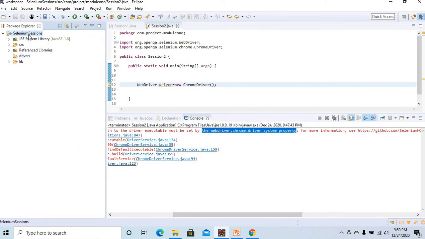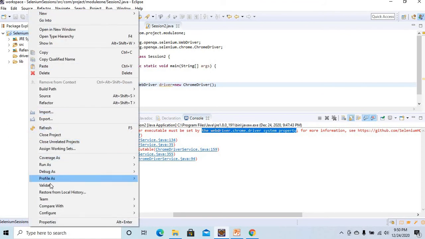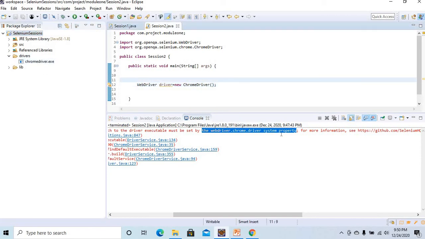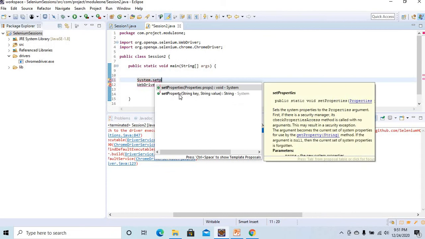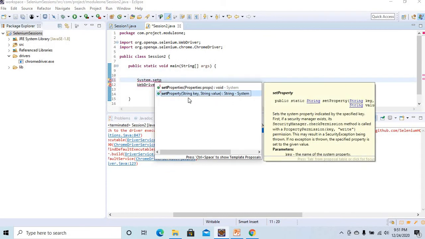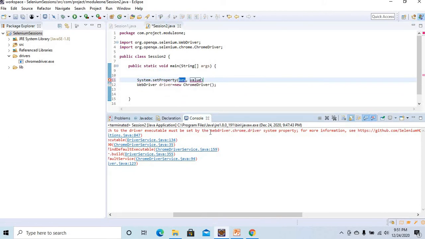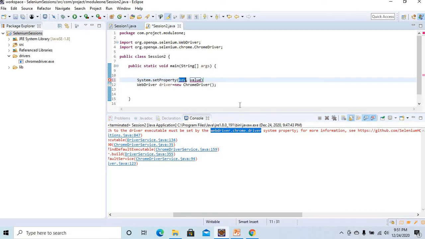We have not yet informed our script. Let me refresh it; now my driver has come here. Now we need to place it in System.setProperty. In setProperty we provide a key and value. The key is the naming convention, and the name they are asking for is webdriver.chrome.driver. So this is the key. Coming to the value, the value is your exe file.